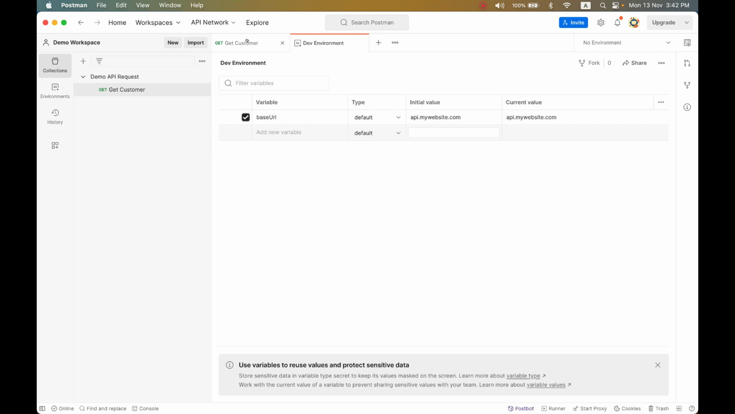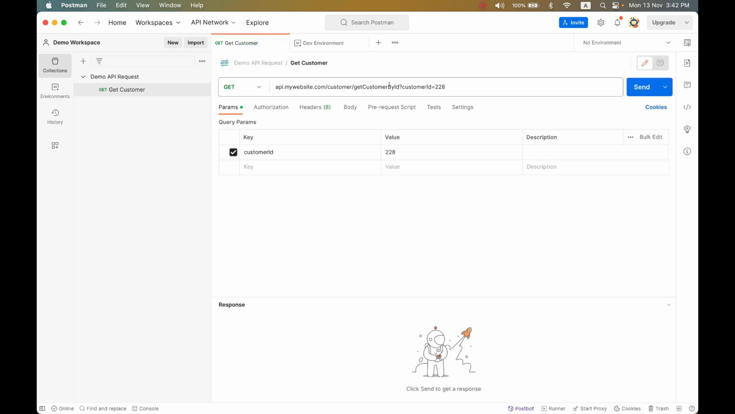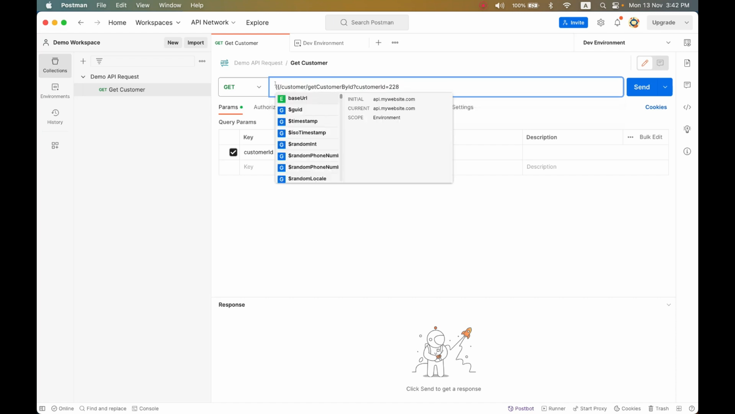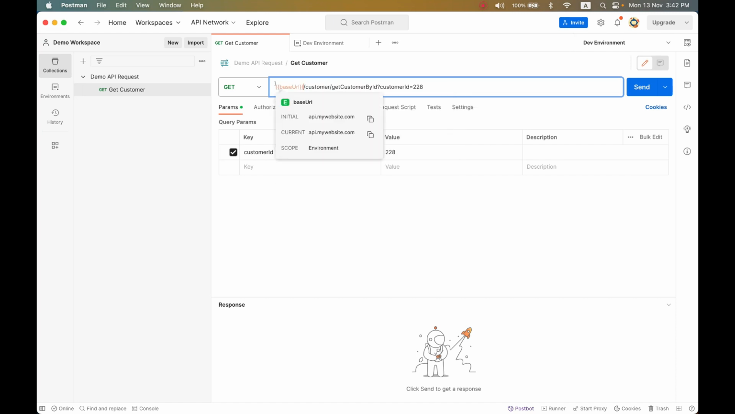And then I will again go back to my request. Then I will select the dev environment from the drop-down menu. Instead of writing the base URL here, I will write the global variable here, or maybe the environment variable here. So this is the very simple step that you have to follow to create the environment variable in